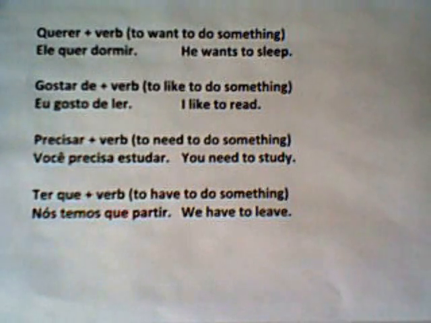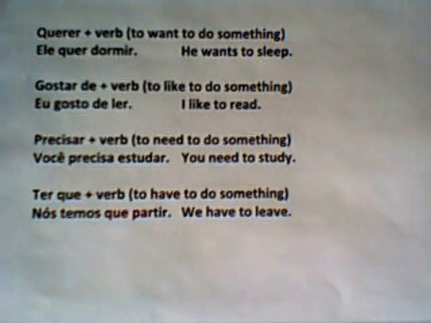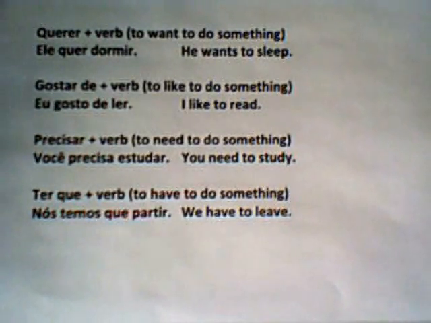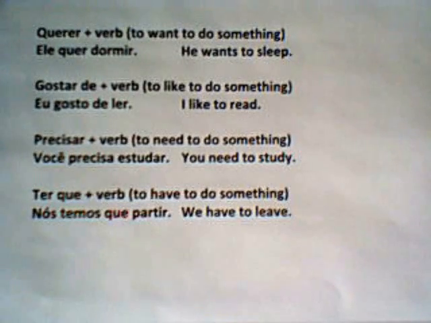Now I want to talk about one more thing before we finish up this lesson, this overview of Brazilian verbs. That's the fact that you don't always conjugate all the verbs in a sentence or phrase. For example, when you have structures that use two verbs, the second is usually left unconjugated. Now we just saw this with the future using ir, to go. But notice when I say, ela vai comer depois. She is going to eat later. I don't conjugate the second verb, okay? The first verb is conjugated, second one isn't.